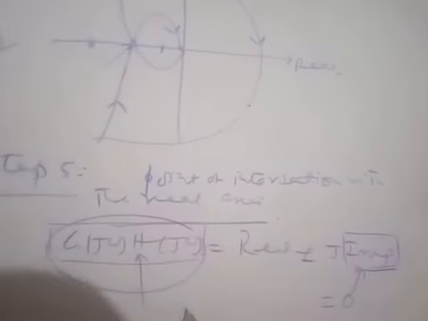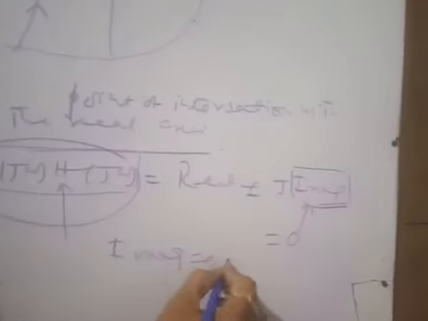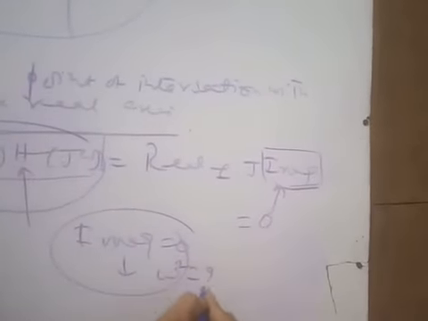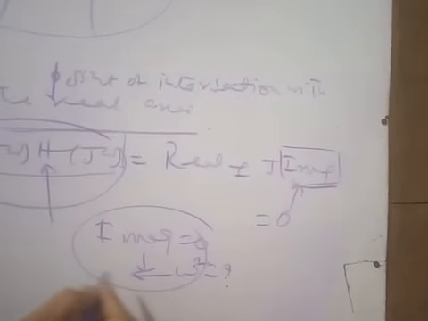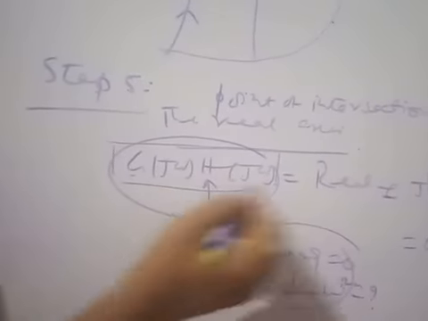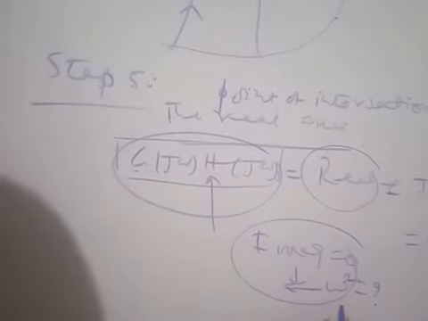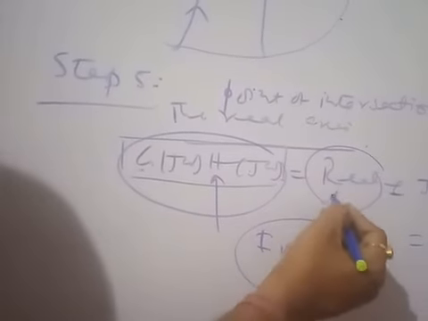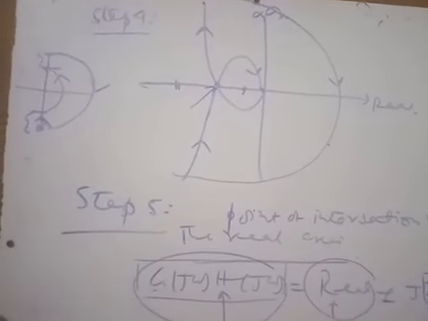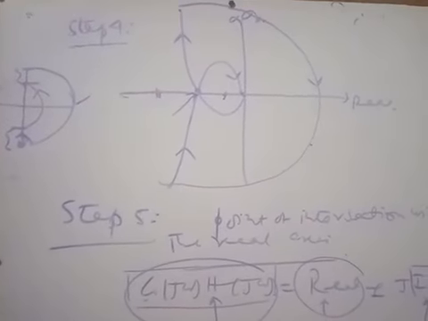So we will make the imaginary part of G(j omega)H(j omega) equal to 0, and from that you will find omega square or omega, that means the frequency. At this time, when the imaginary part is 0, you will have G(j omega)H(j omega) with only the real value. So put the value of omega or omega square in the real part to get the point of intersection. This is the method, and we will follow in the next lecture how to find the point of intersection with the real axis.